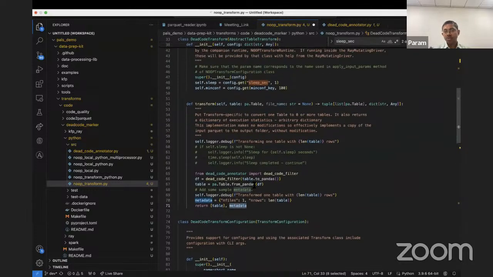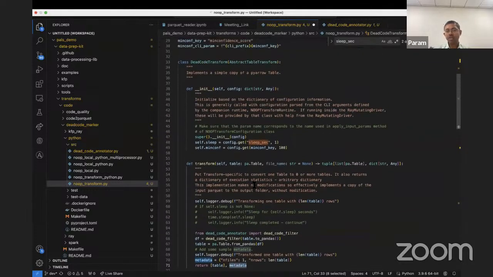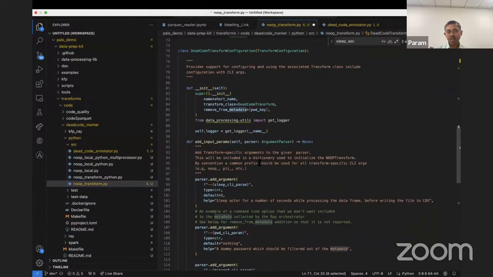Okay, so now we have structured and implemented our code module. Now it's time to use it. Before doing that, I'll show you,